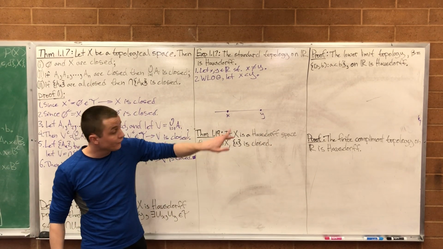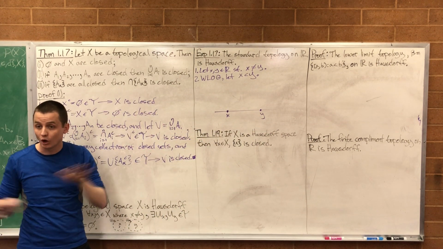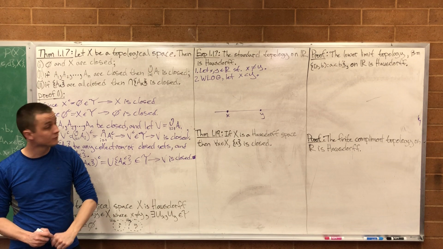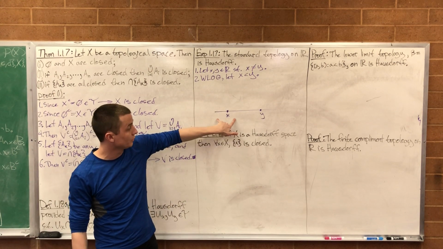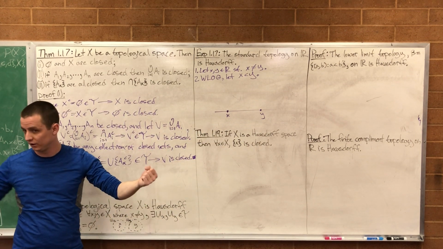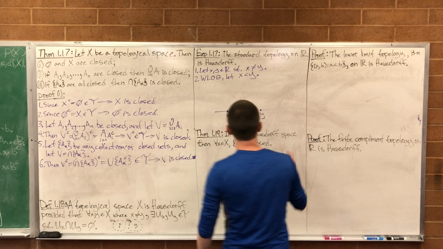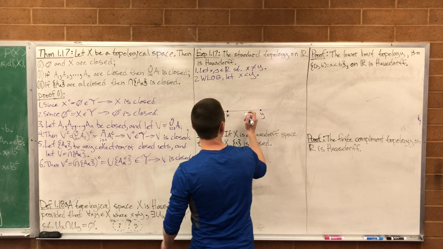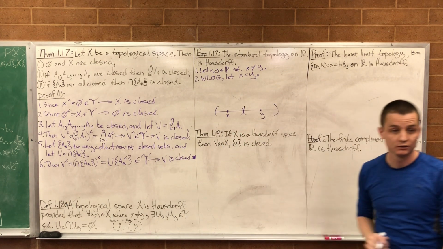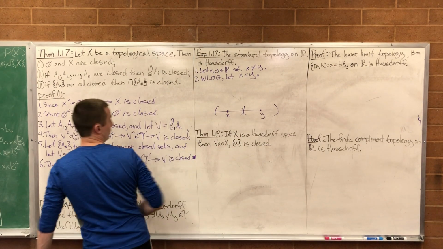So what do I need to do? I need to find an open interval around here and an open interval around here such that the two open intervals don't intersect, and I'm done. So what is the open interval around here and around here? Just say it in words. Well, you would take the distance from x to y divided by 2, not including that. So take half their distance and then create open intervals centered around them. Yep, that's one easy way to do it. No reason not to do it that way.